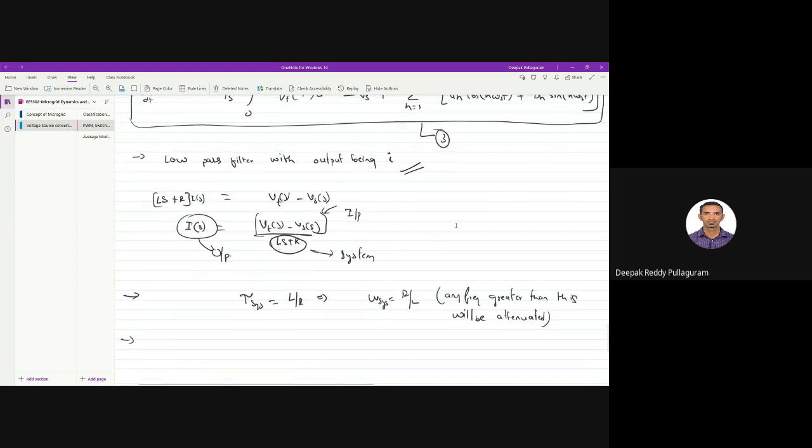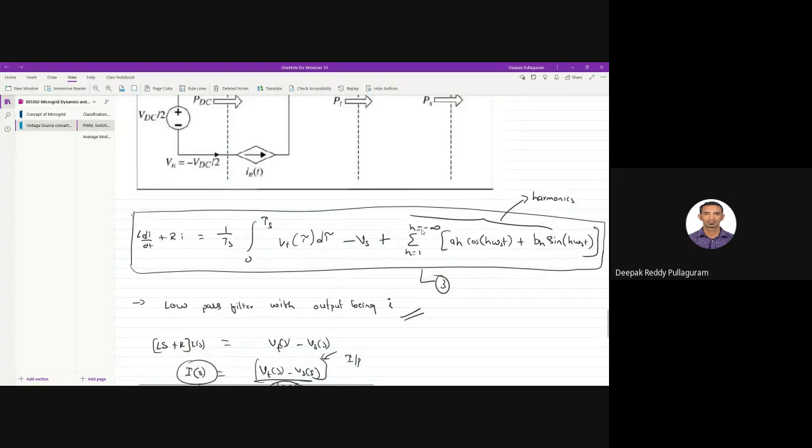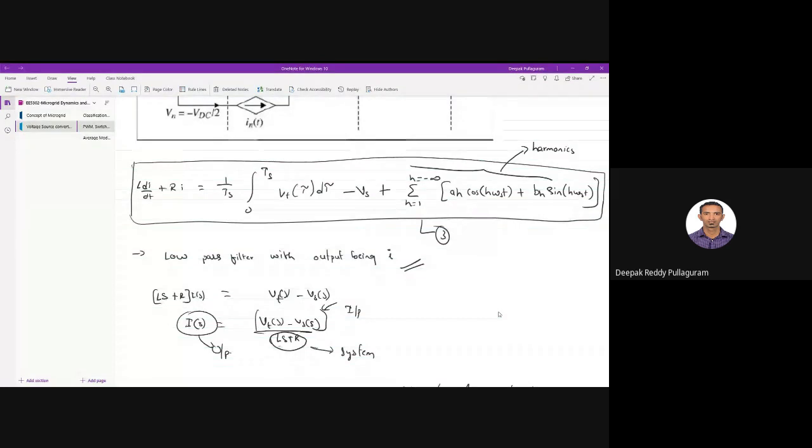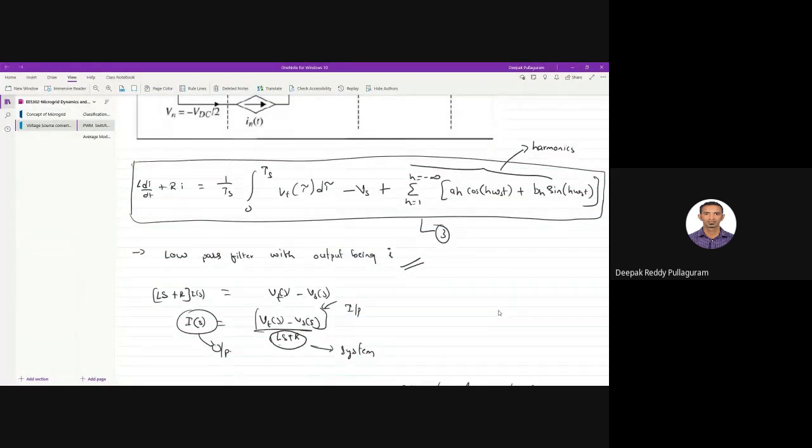Now, one more characteristic of the system. I'm talking about the system, not signals. Is the system linear or non-linear? Just be careful, we already wrote the system equation here. Is it a linear system or non-linear system? It's undoubtedly a linear system. I'm again saying I'm talking only about the system; inputs may be non-linear. The system is nothing but 1 by Ls plus R. If you say 1 by Ls plus R, is it linear or non-linear?